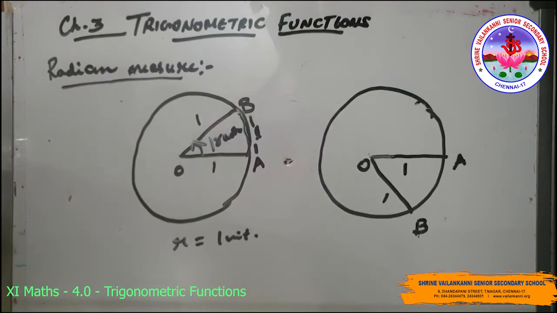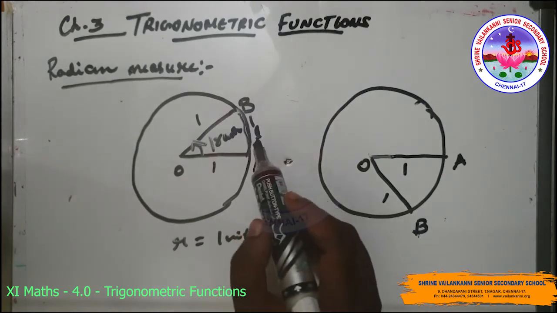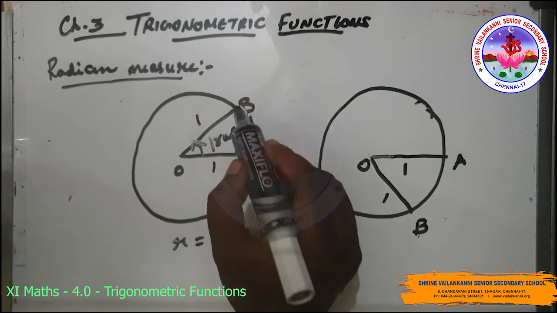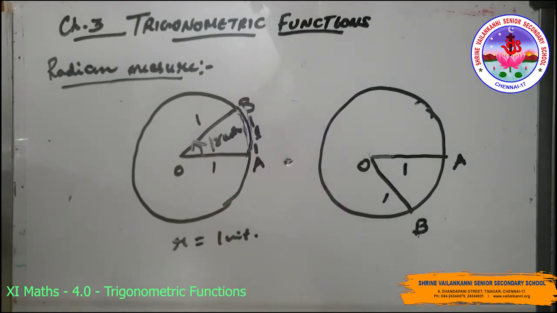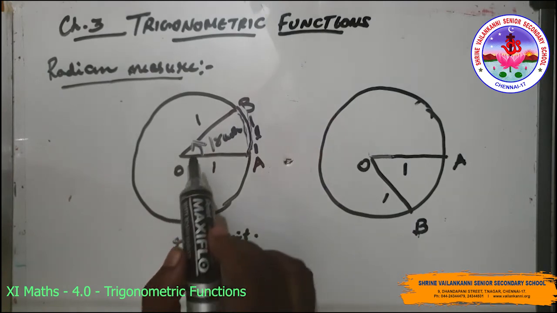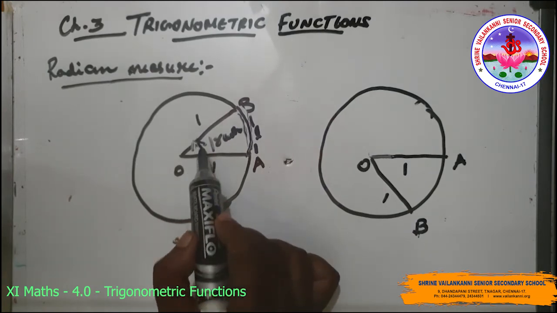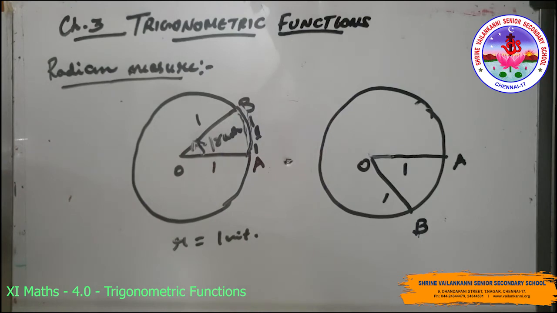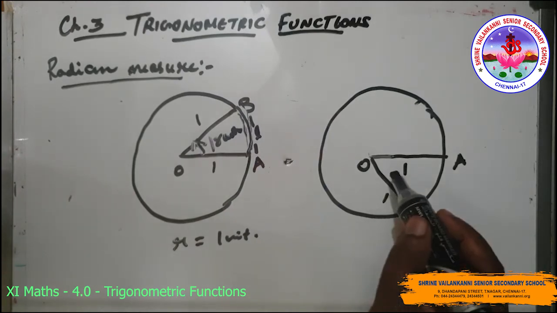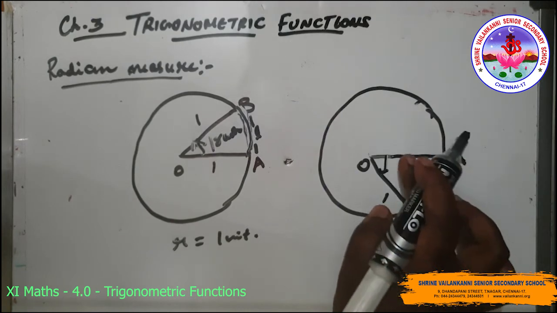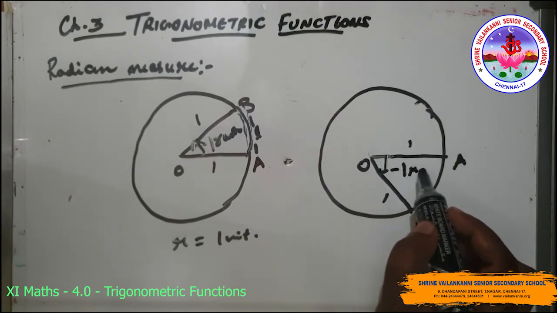Another unit for measurement of an angle is called the radian measure. Let's take a unit circle, which means a circle of radius 1 unit. The length of an arc L is also 1 unit. So R is 1 and L is 1. The angle subtended at the center by an arc of length 1, along the anti-clockwise direction, is said to have a measure of 1 radian. If it is along the clockwise direction, it is said to have a measure of -1 radian.